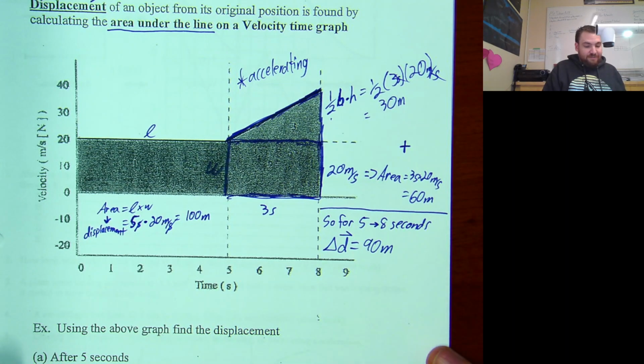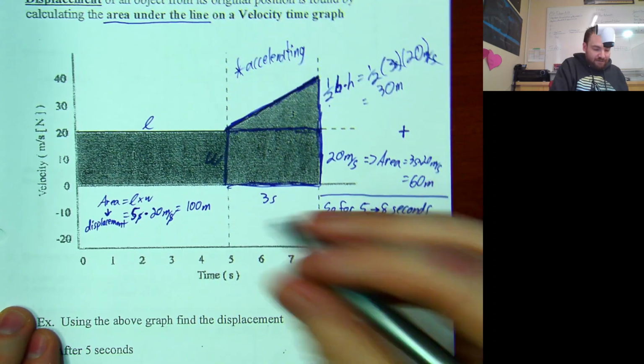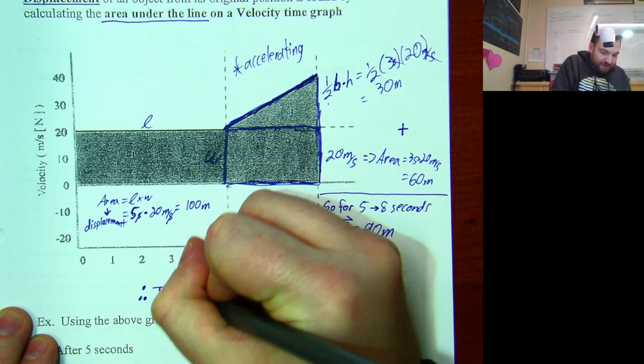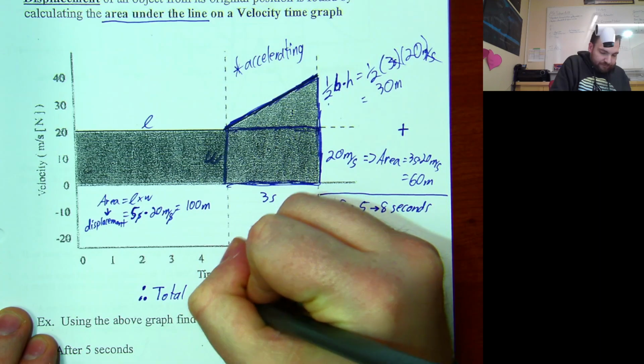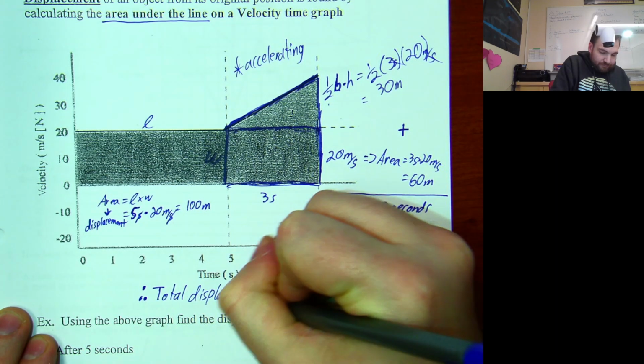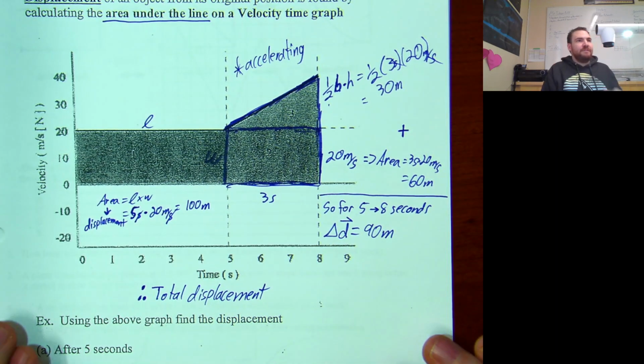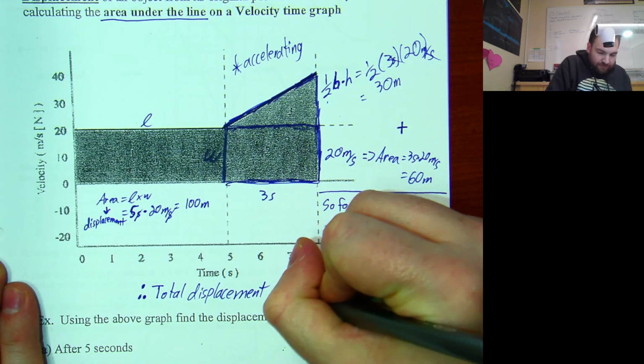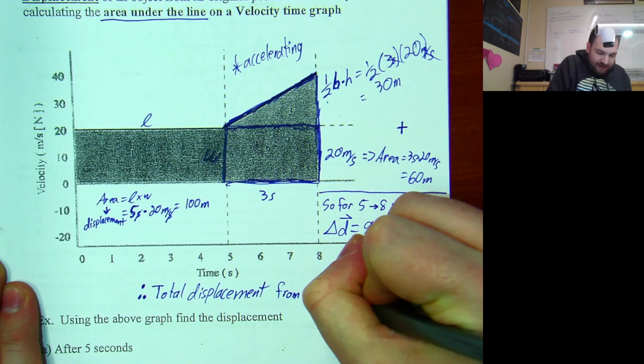But we could take this one step further and say, therefore, total displacement. Is that what that one means, like the 3 dots? Yes. You've never seen that before? No. Okay, sometimes it shows up in math class. That's what these 3 dots mean: therefore. It's a concluding statement. Therefore, total displacement from 0 to 8 seconds